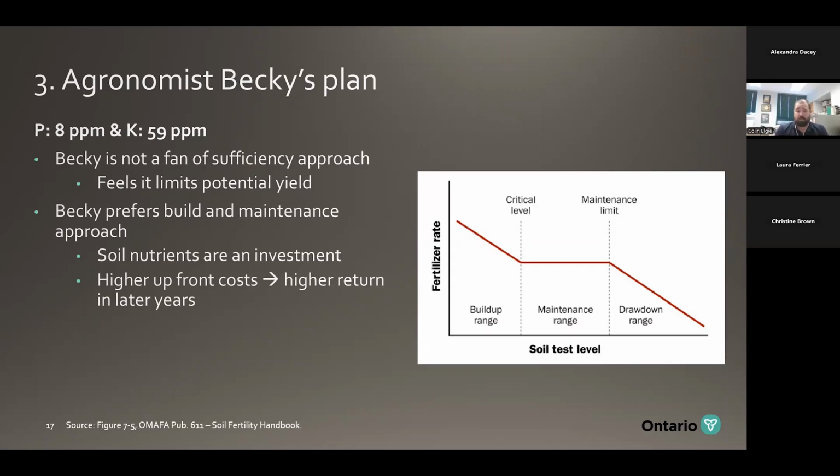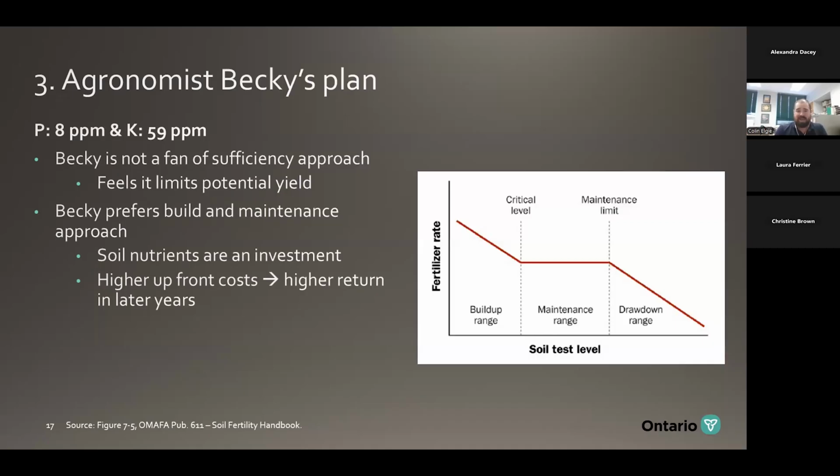So what that looks like is, at low soil test levels, we're applying a higher level than crop removal values. So we're building that soil up. At a critical to maintenance limit range, that moderate to borderline high testing soils, we're more or less applying what that crop is removing. And as we get to the high soil test levels, that's where we can draw down. We can apply less than crop removal because we're getting no added value whatsoever from that fertilizer and really giving more of a chance for that fertilizer to be lost to the environment.